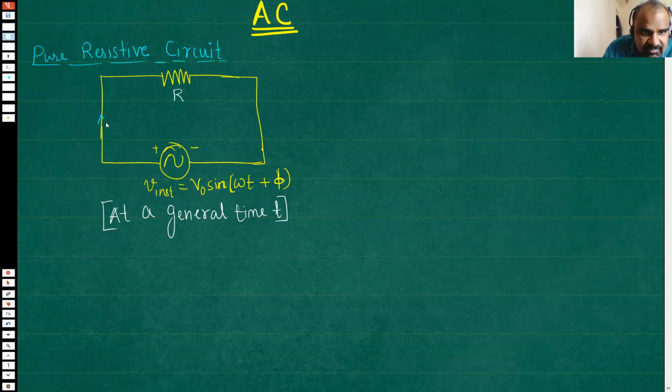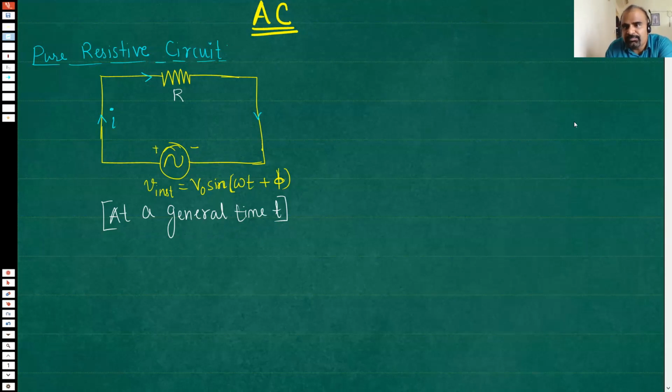Now, of course, a current will flow. Now, why am I showing the direction of the current this way? Well, because it will keep on varying. Because at this time, when you had taken this photograph, at that time, this was the positive terminal and this was the negative terminal, and hence the current would be flowing in this direction at that time. So whatever I'm writing in this diagram, it is valid only for that time at which this photograph was taken. So this will be the instantaneous current.